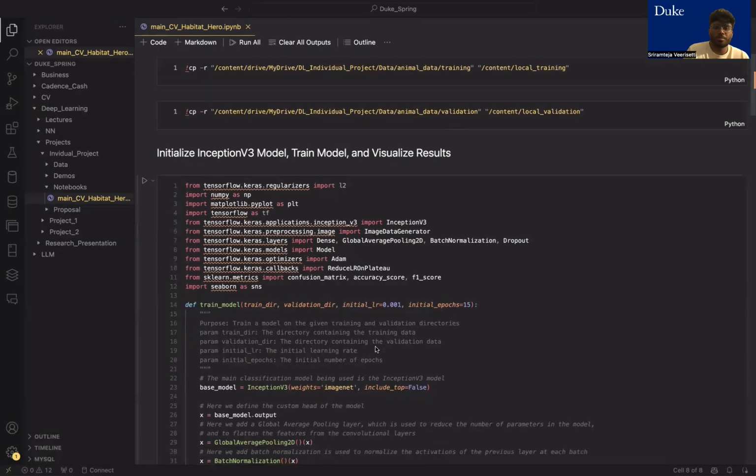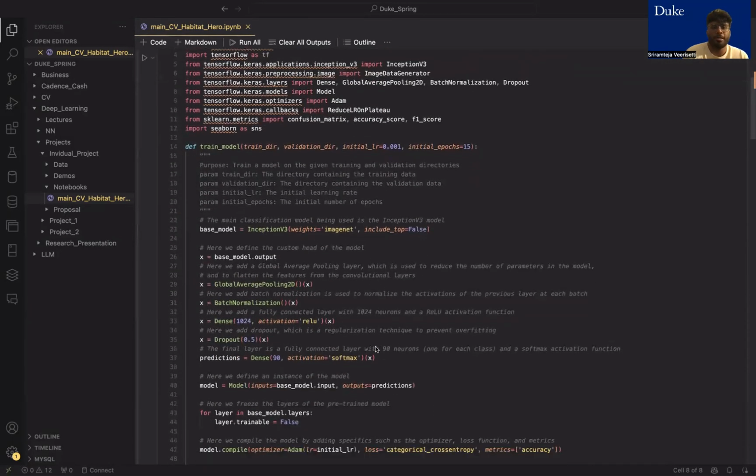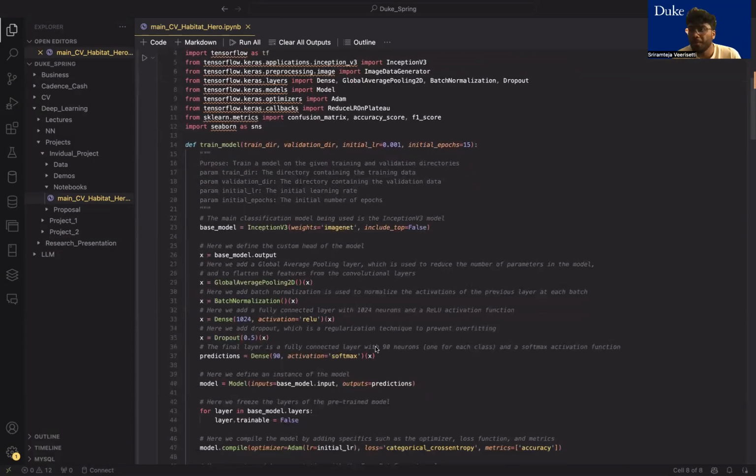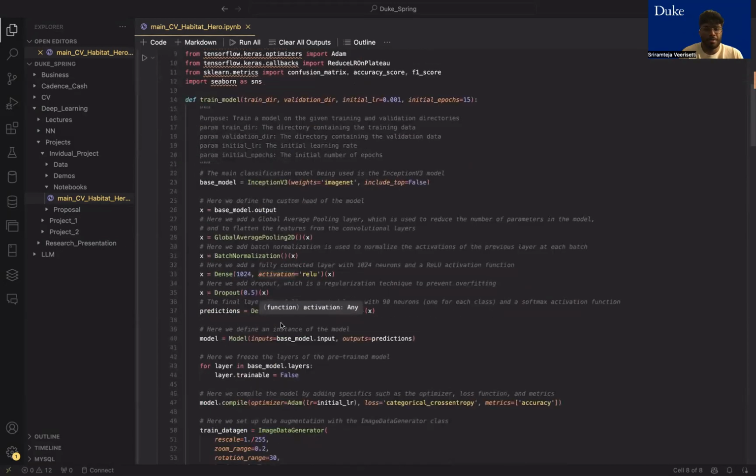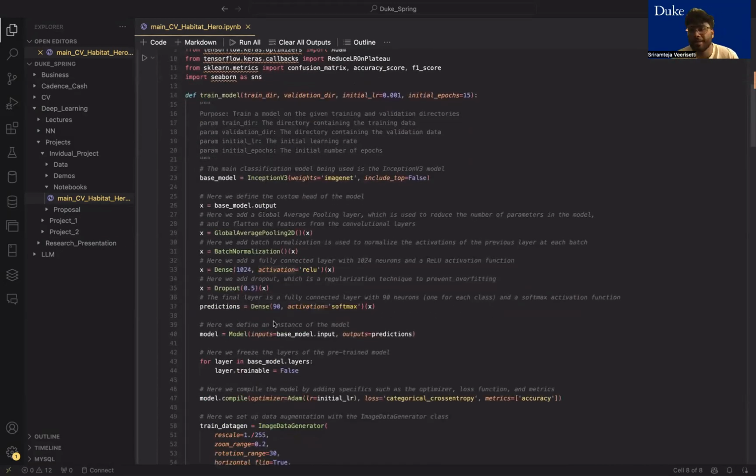Once I was starting to build the architecture of the model, I decided to incorporate a fully connected layer with 1,024 neurons over here with ReLU functions, as well as a final layer that has 90 neurons, one for each of the different animal classes, and then a softmax function, which gives us the probability of each of those final